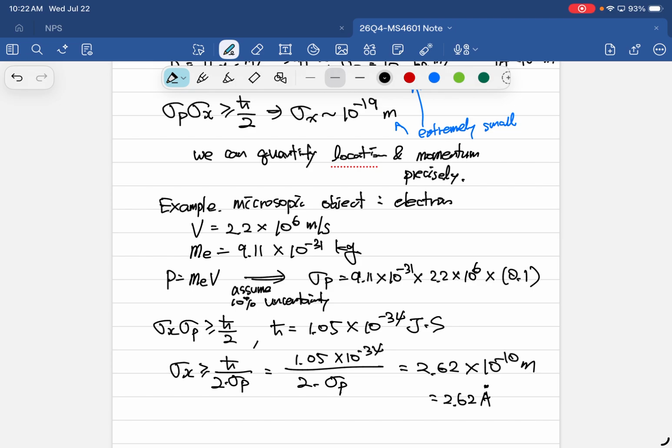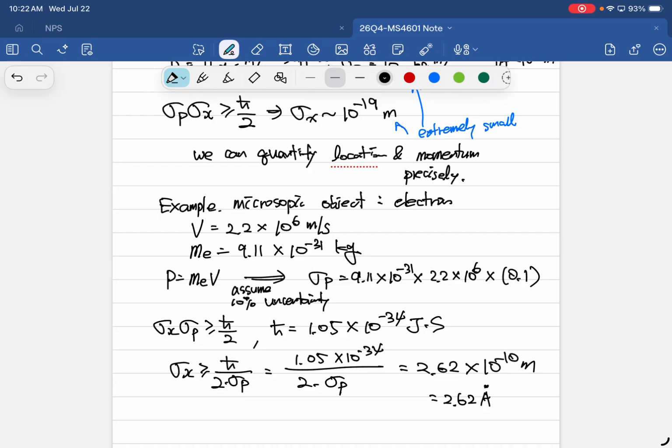Because the electron is so small, when we look at a microscopic object, this Heisenberg uncertainty principle gives a big implication: for a microscopic object like an electron, you cannot really know position and momentum or velocity